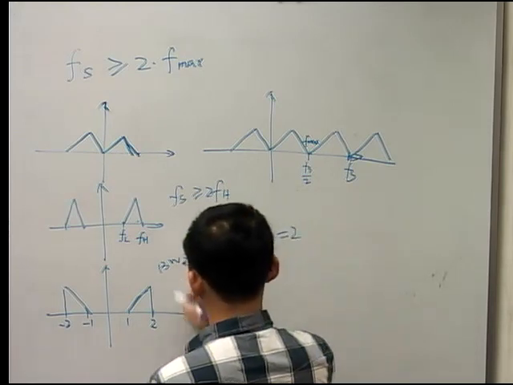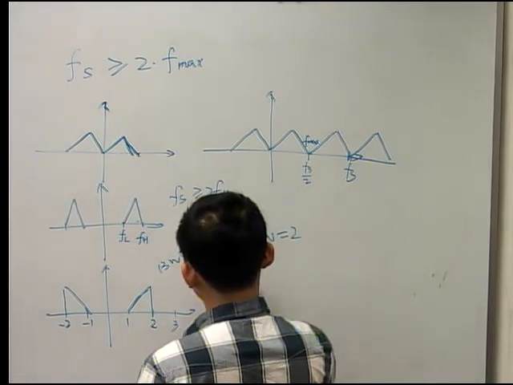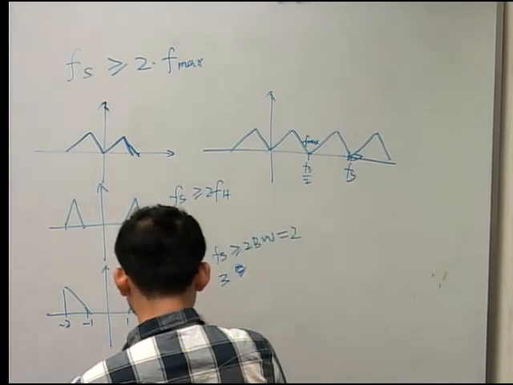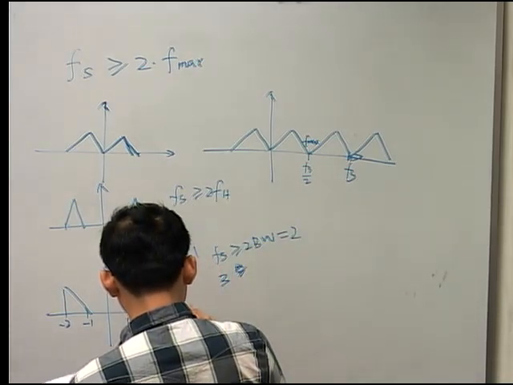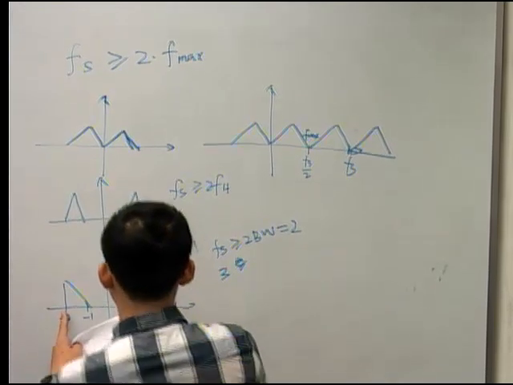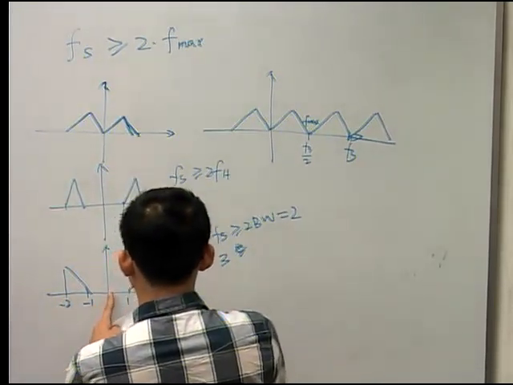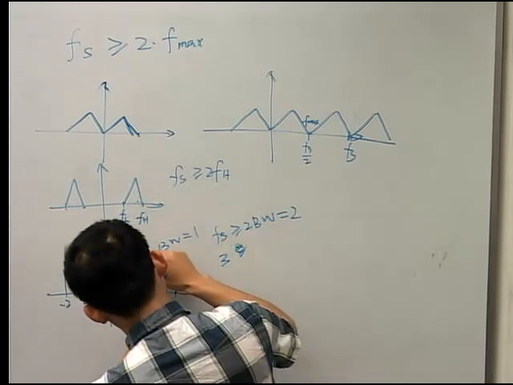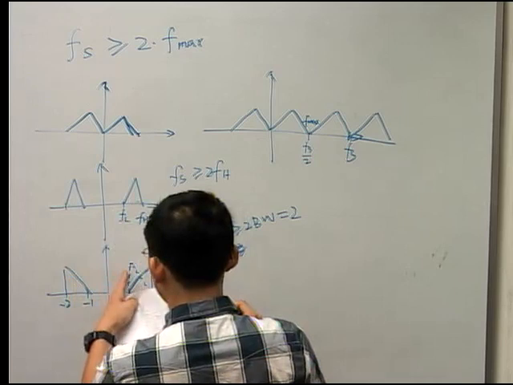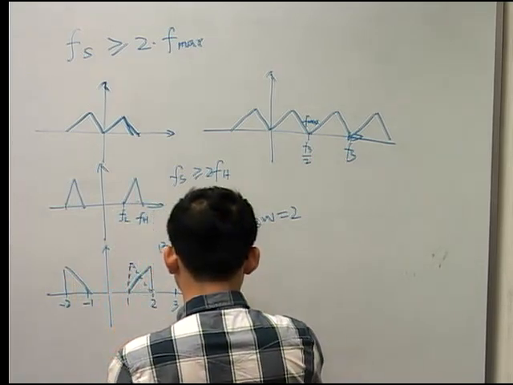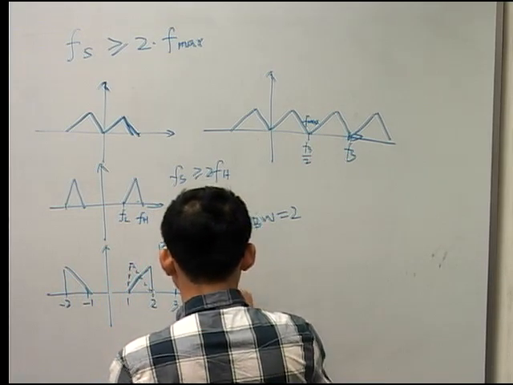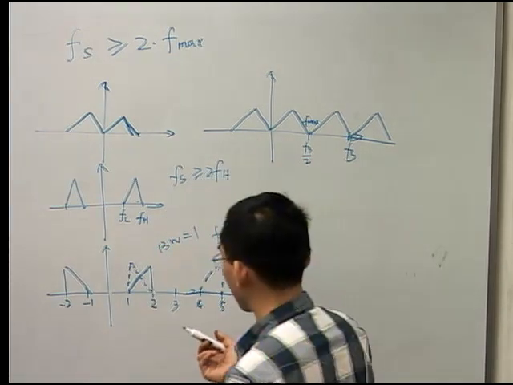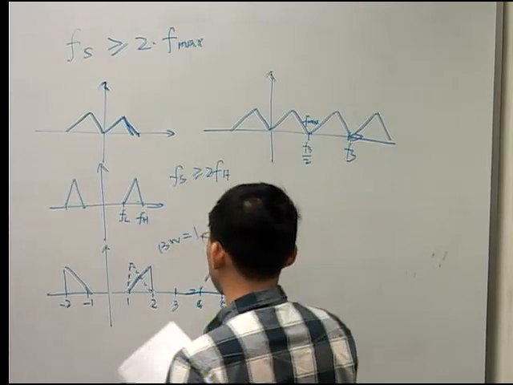So if I want it to be 3, I can let it be 3, right? Yeah, if it's 3, that means you shift this one from here, the 0 shifted to here. So everything you will see, this is him, and you have 4, and you have 5, so you have another one here. So this overlaps, so it doesn't work. So you have to